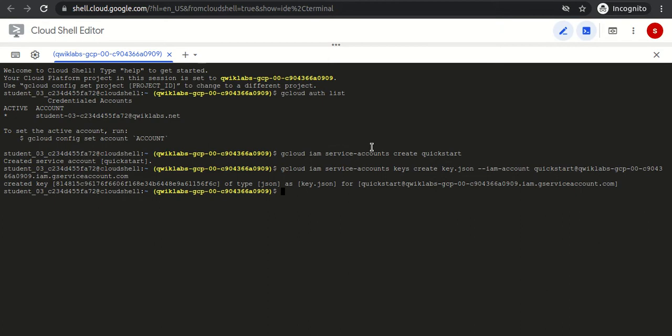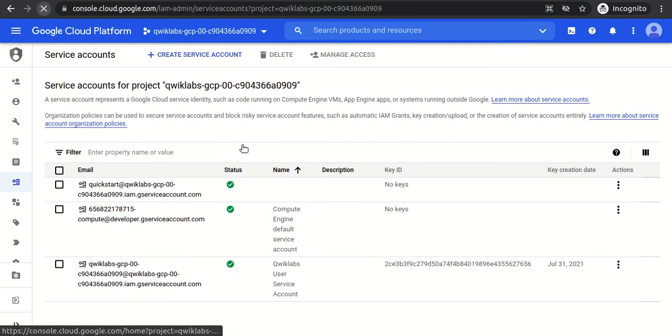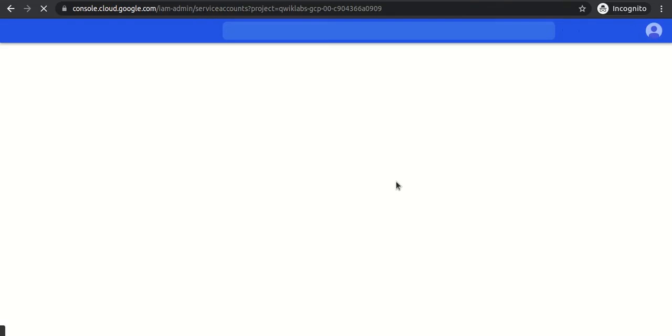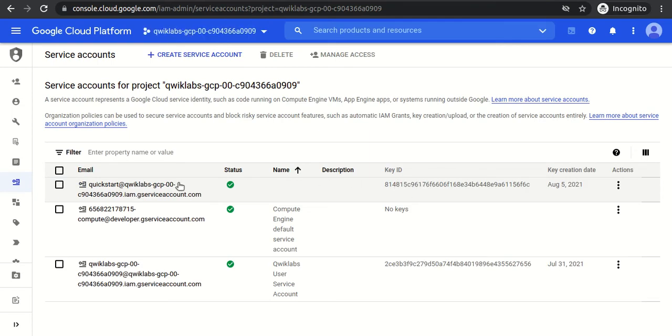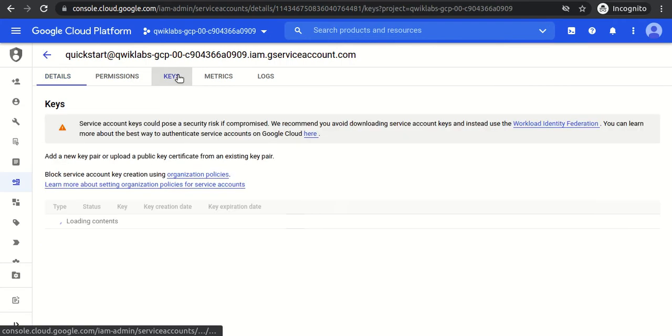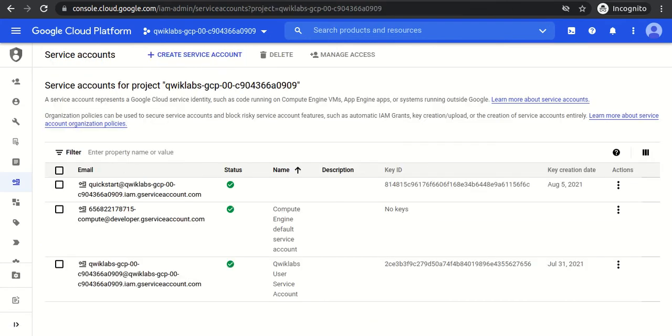Yeah, so the key has been created. If we do ls, the key has been created, and if I refresh, you could see the key ID here. So the key has been created. If I click on it and go to the keys, you could see the key is here and it is active. So now the key is available.